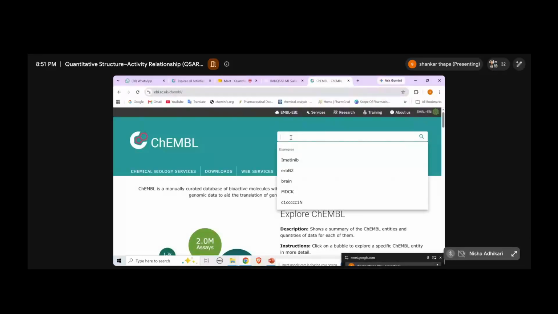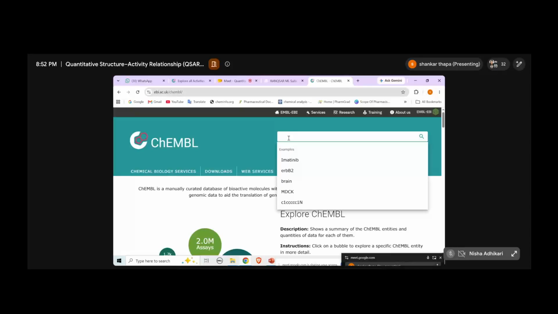What type of activity are you planning to do in your research? Let's say you are working on cancer, Alzheimer's, diabetes, or antibacterials, whatever. And within that, which targets are you mainly focusing on? In cancer also, so many targets are there, and on those targets, so many assay methods are there. So you have to be particular, as per your research. You can type it here.